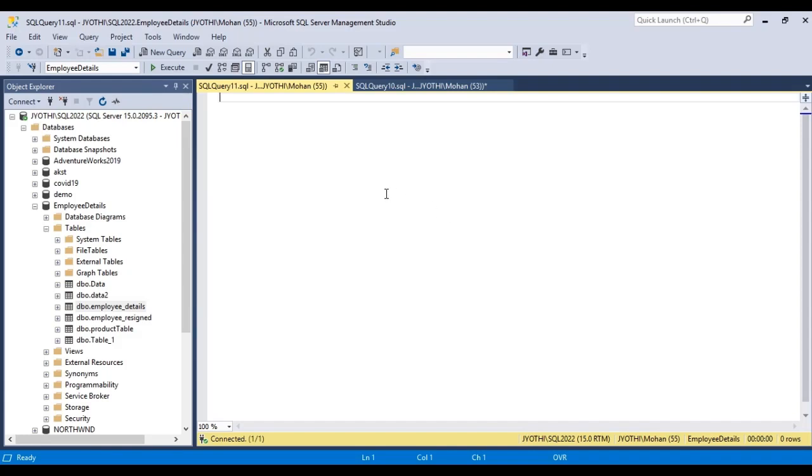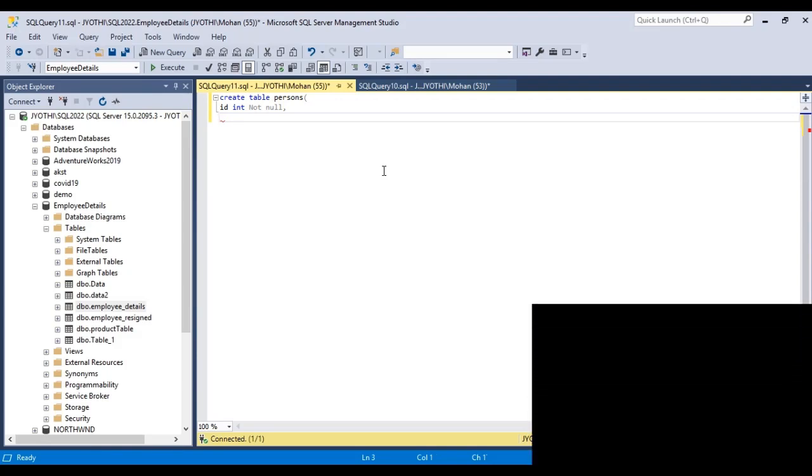So let us see a sample example. Let us create a table. Table name is persons. ID column, data type is int. Here itself we can give the constraint not null, so that this column does not accept null values.